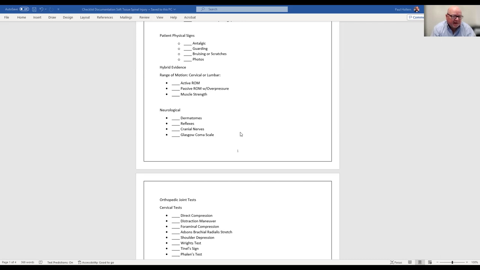So what I'm going to be paying a lot of attention to with that Glasgow Coma scale, I'm looking specifically, did the person see stars? Did they blank out? Those are all signs of a concussion. Did they see stars, or did they black out? Or did their eyes get blurry vision upon the impact? That's what I'm going to be paying a lot of attention to in this consultation. Now, if they did it all, because you got the mechanism of injury and you got the associated findings, I'm going to follow up with just a couple more